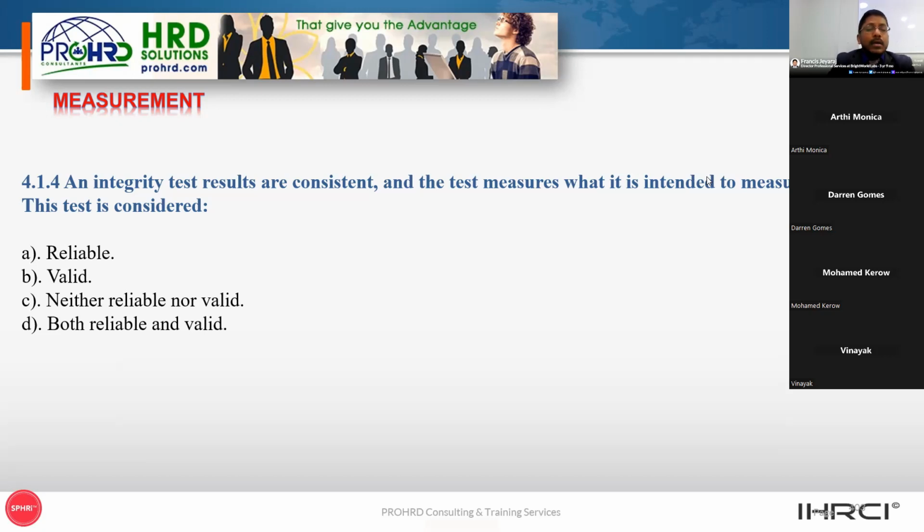Most of Walmart, and also Amazon and other big retail shops in the US and Canada, use integrity tests very much. They administer the test during the recruitment process to figure out suitability.